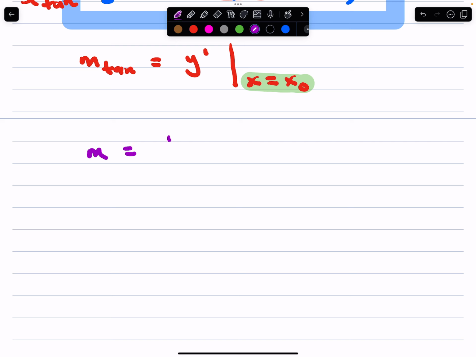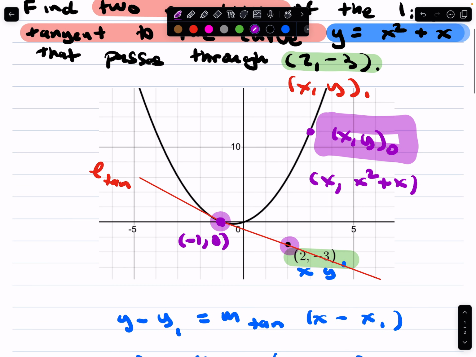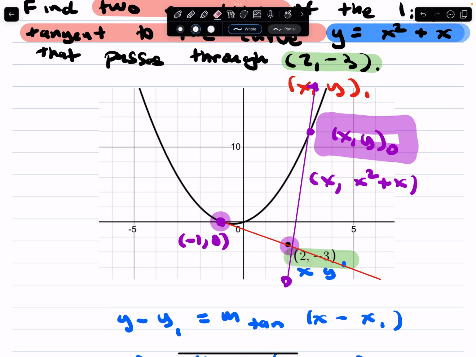Any slope requires 2 points. This is your slope formula. Okay, so if I'm going to find a slope in general, this is the slope formula for a line. 2 points to find a line. So I'm kind of actually just looking at this idea, but this isn't a tangent. Okay, so I'm just going to go back and remove that